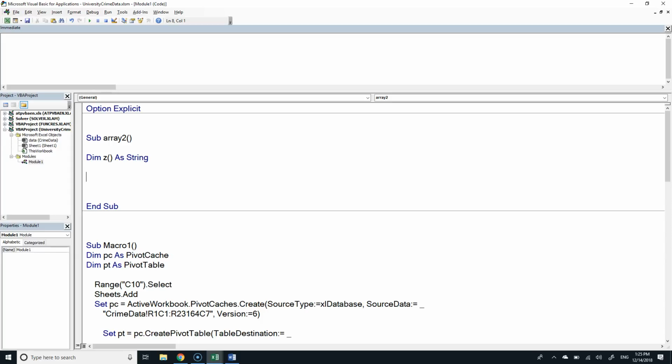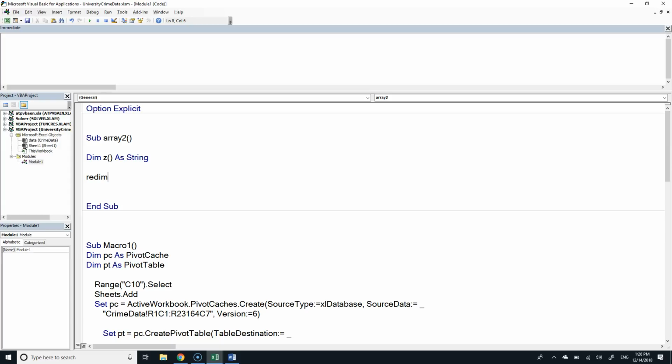So normally when we make an array, how do we do it? We say, I want a bunch of these things. How many variables does that create in that array? Yeah, 11, 0 through 10. And so that would be an 11 variable array. This is a dynamic array. It doesn't have any variables in it until we later say ReDim z and we put a size in it. Then there would be 11 variables in it.